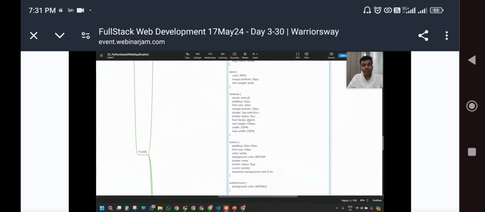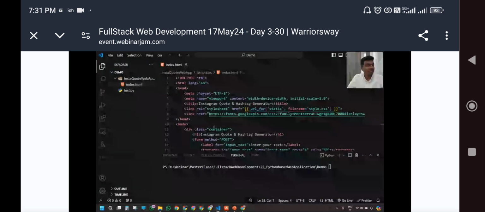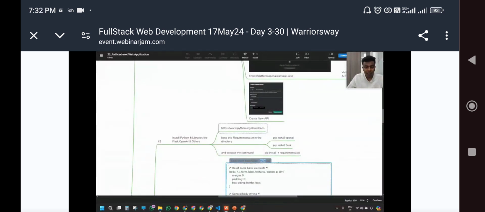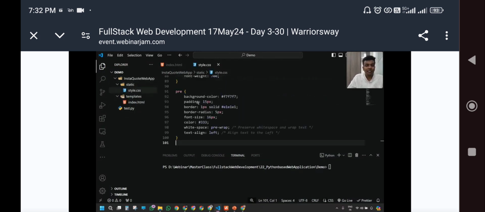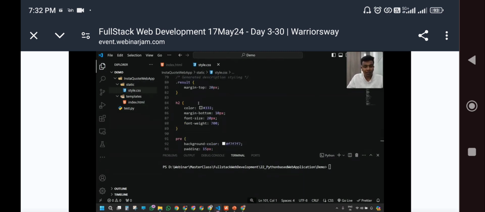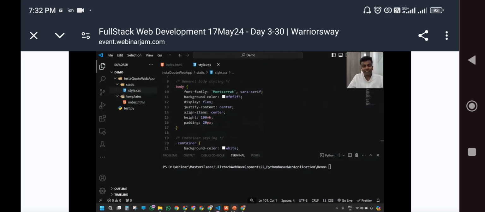After that, we need to create the CSS file in a folder called static, named style.css. It's not main.css, you can just name it style.css. I'm going to stay in the Insta code generator and create another folder called static. Inside static, I'm going to create the file style.css, and I've pasted some CSS code into it. We'll explore it very soon. First, let us complete the steps.